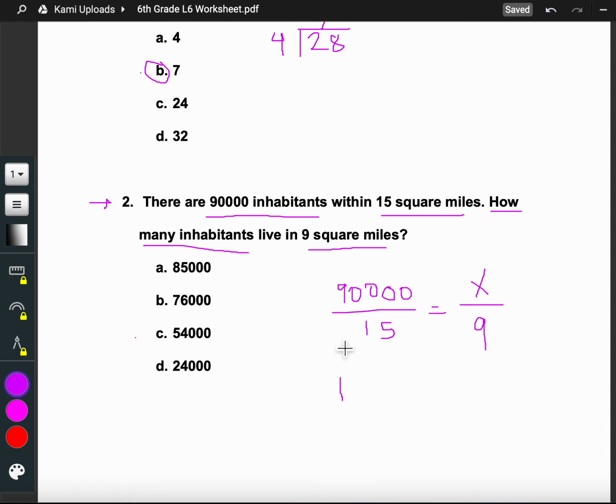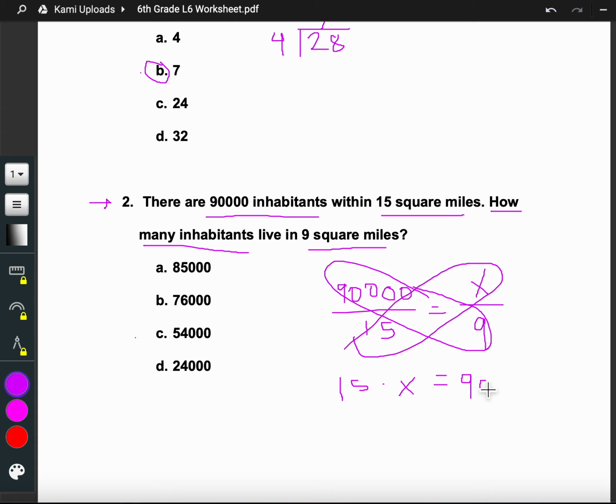So we're going to cross multiply, so 15 times X and 90,000 times 9. We're going to do 15 times X equals 90,000 times 9. So we're going to divide both sides by 15. 15 divided by 15 is 1, so we just have X left. X equals, and if we divide by 15 on this side, we're going to divide on this side as well. So we're going to multiply 90,000